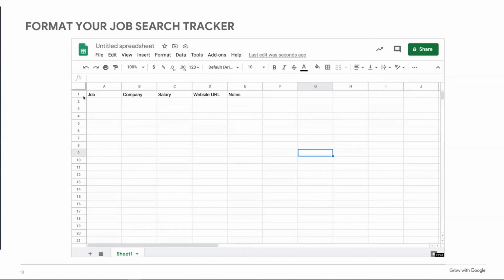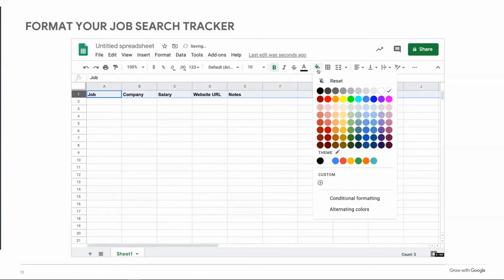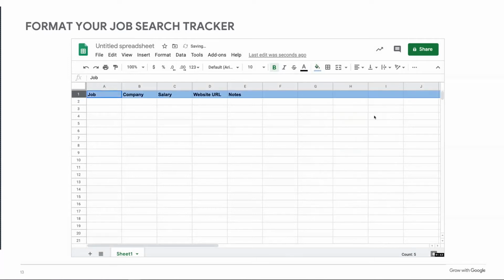Okay, so once you have all of that in place, you can format the cells any way you like. So you can bold the top title items, you can change the color of the fonts, you can change the color of the entire cell so that it sticks out and it's highlighted. You can change the style of the writing. You can change it so that it matches a particular branding if you're doing this for, say, something other than a job tracker, and you need it to match the branding of, say, a business or a logo or something like that.